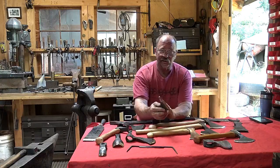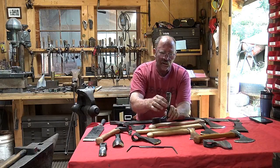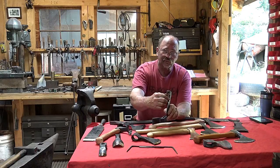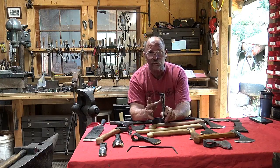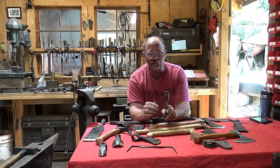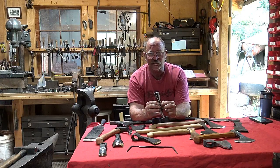Now, what's the disadvantage to forge welding? Well, this is a wrapped eye axe, just like the tomahawk is a wrapped eye. And that means when you put a handle in here, if you are overly aggressive when you wedge that handle, there is a slim chance that you will split the weld. Forge welds should be as strong as the parent material, but if there's any inclusions or trapped junk in the weld, or if something just didn't go right, it may not be obvious, and you can damage an